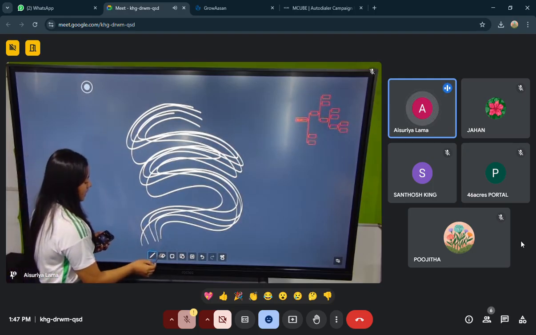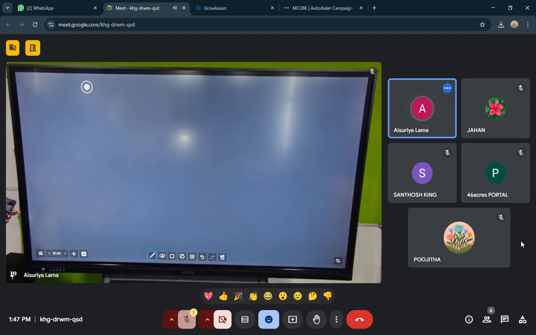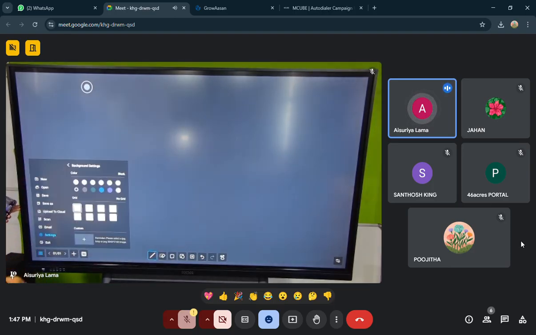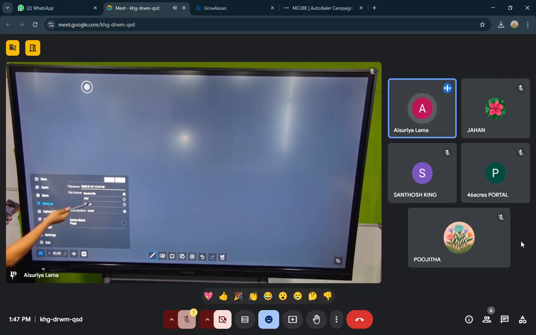So this was about it. I have mentioned all the features. Now I'll be telling you the saving options. The saving option is available here in these 3 lines. Now you can save this. This is new, open, then you can save it as a source file, save it as PDF or image. Then you have upload to cloud.